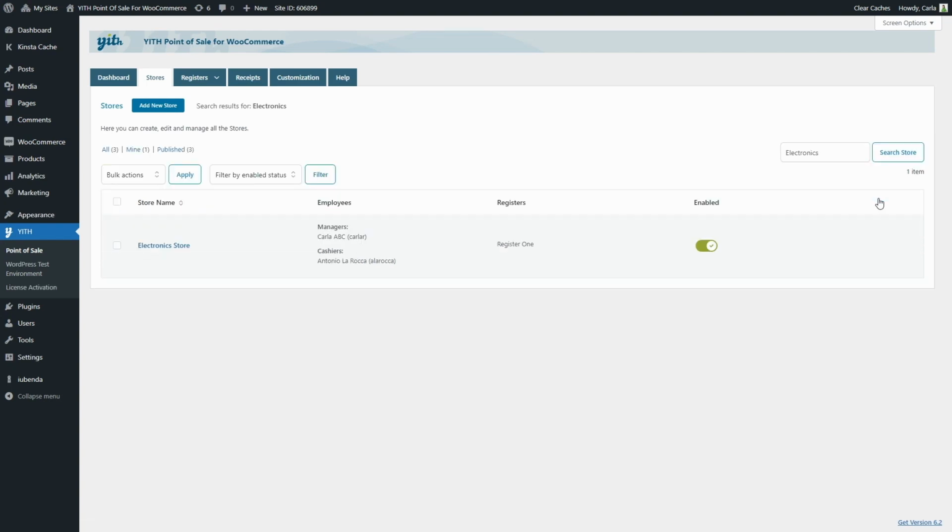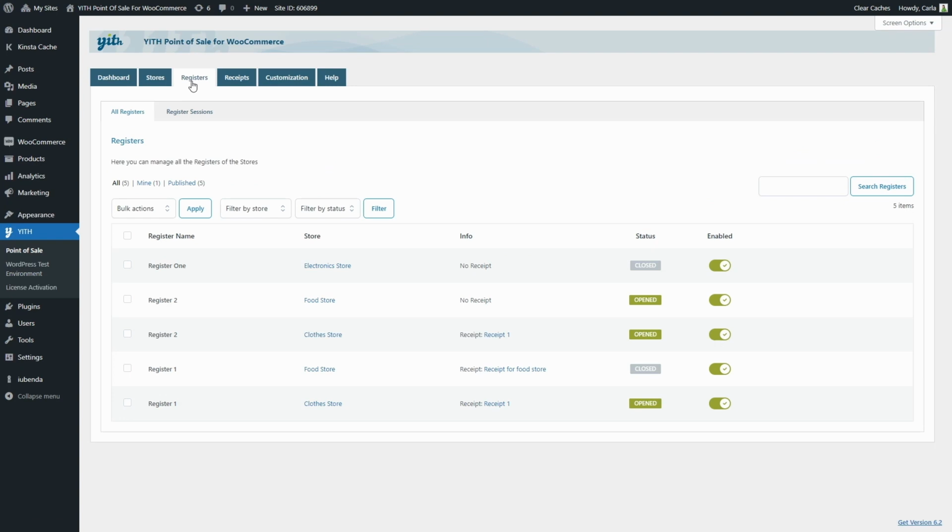There we go. Now let's move on to the registers tab. You're going to find two subtabs here, all registers and register sessions. And the first one, all registers, you can manage all the registers from all the stores. You can see the names, the stores they were created for, the info, whether they have a receipt or none